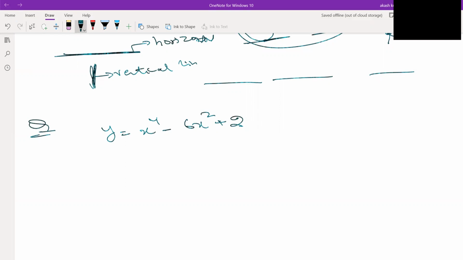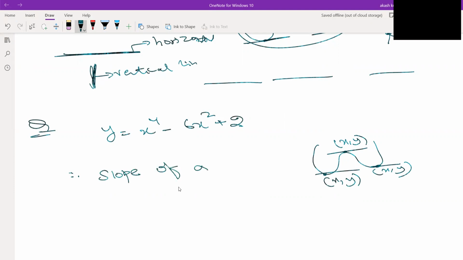So find the point on the curve where the tangent line is horizontal. If this is the curve, these 3 are the points where the tangent line is horizontal, touching the curve. We need to find these points. That's what the question asks us to do. So we know one important point to remember, that the slope